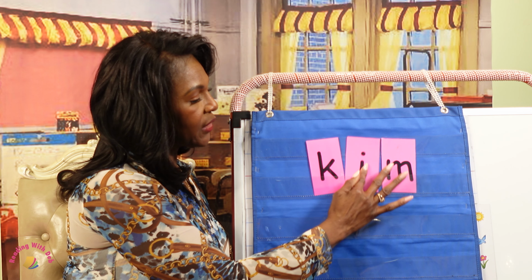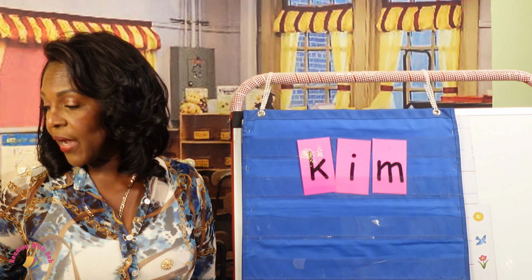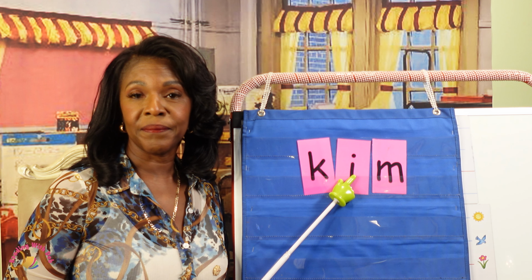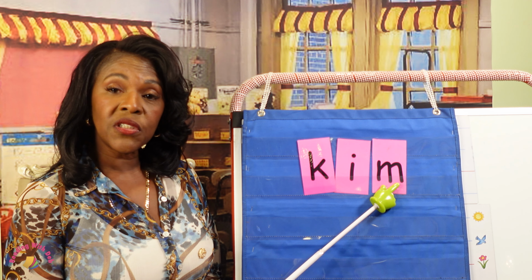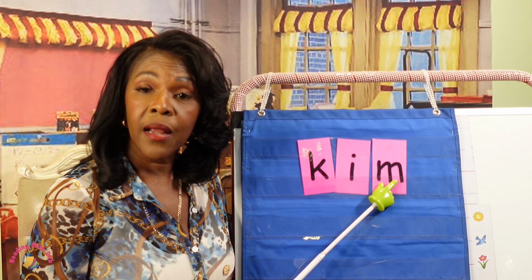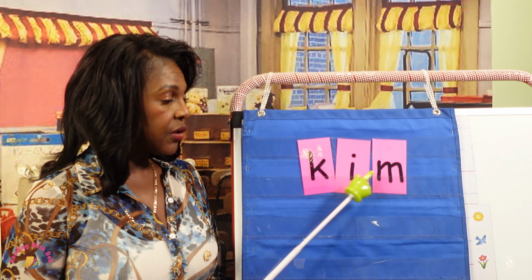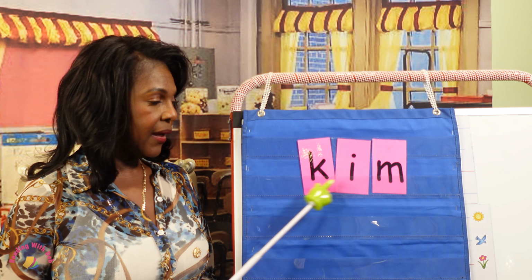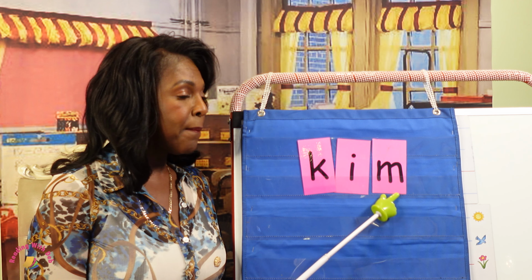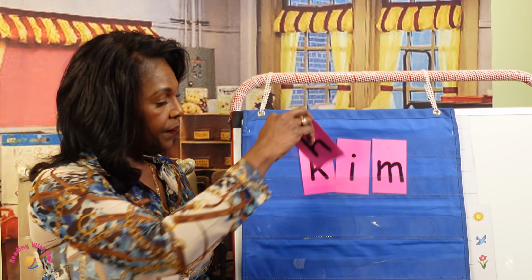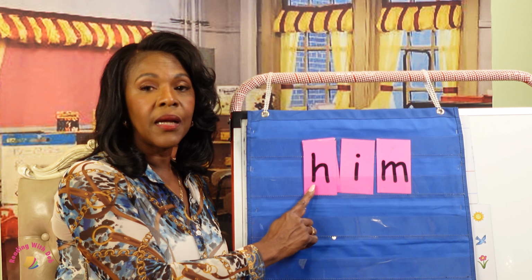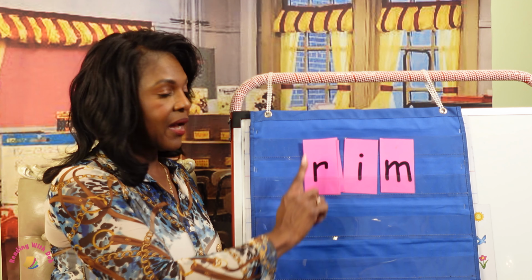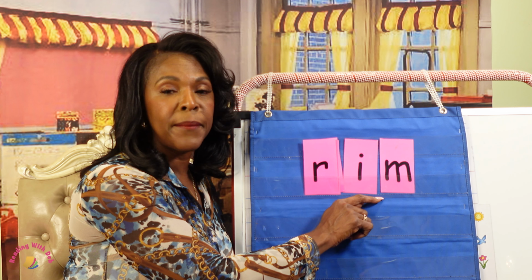All right, so the first thing we always do is find the vowel. And the vowel in this word is I. It's closed because there is a consonant after it. So the vowel I will say the sound. I, k, k, kim. That becomes him. Now we have rim,